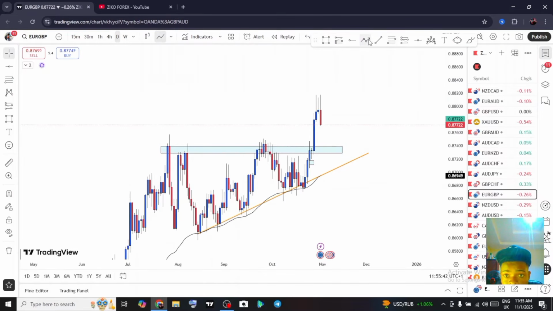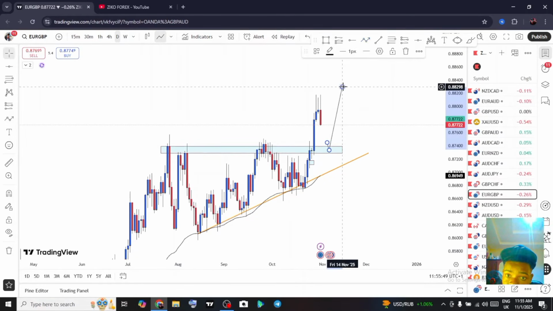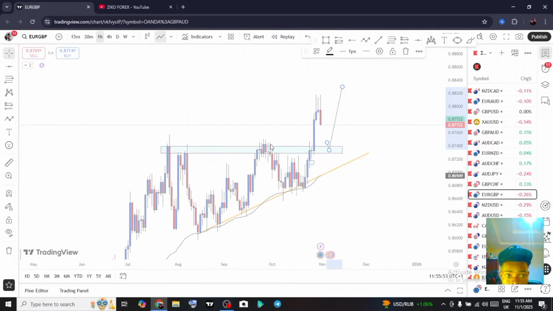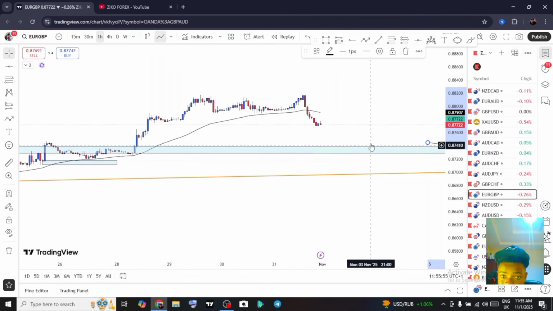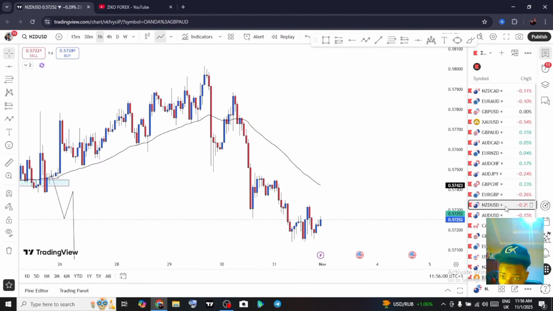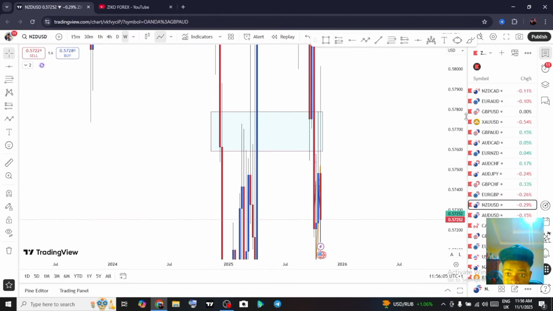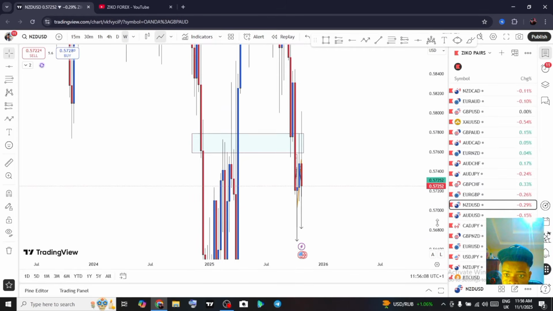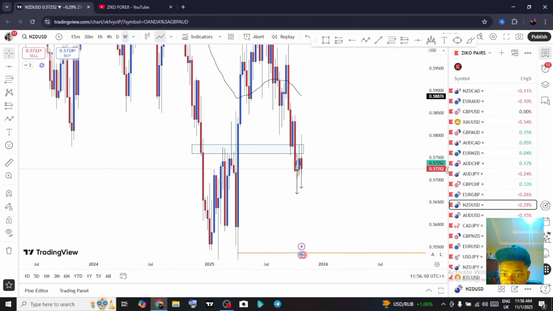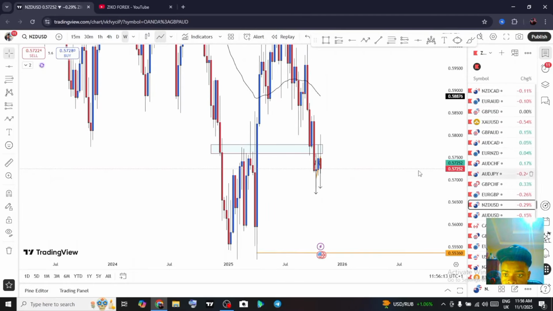So I might not be willing to buy this week, but it has the potential of buying. This is the daily time frame, by the way, and it has reacted from here multiple times. So actually it has the potential of buying from here. So you just wait for the 1 hour to have a shift of structure to buy from there. But I'm not willing to trade that one this week. NZD USD, next pair. This market is looking very